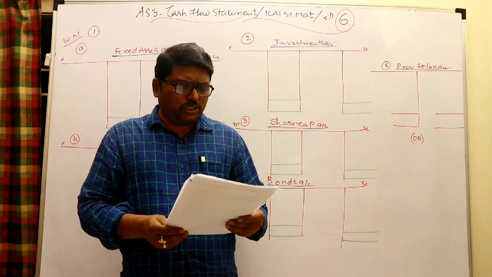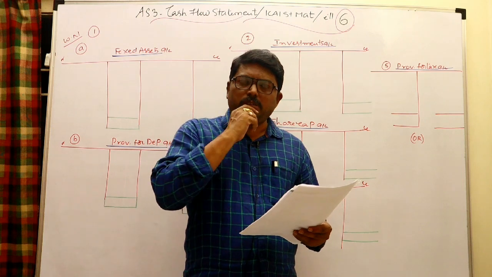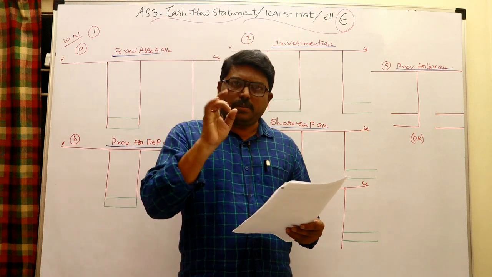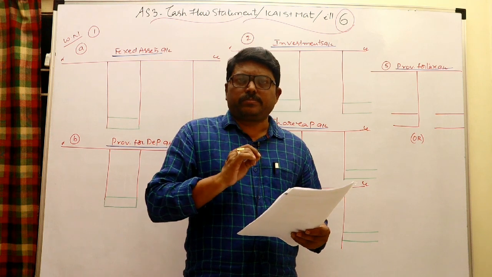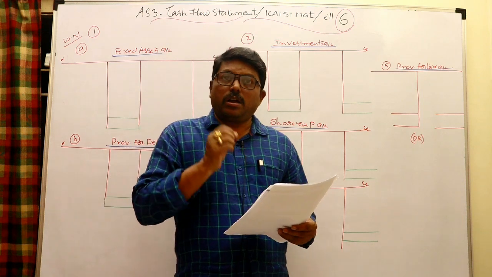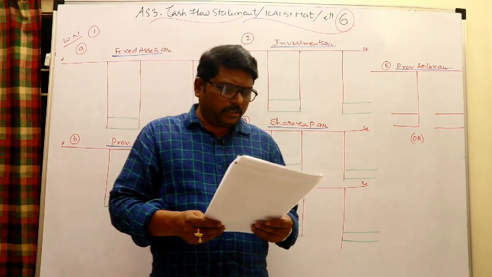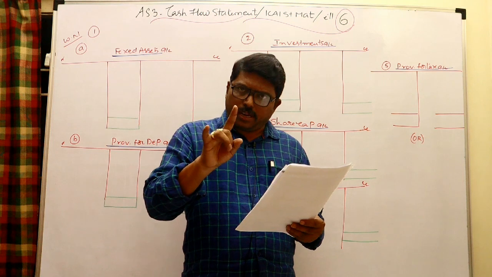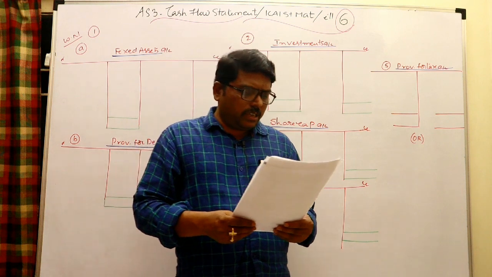Current assets: inventory, accounts receivable, cash, prepaid expense, etc. Particularly current assets and current liabilities you need while preparing the cash flow statement, particularly when you do the indirect method. In the indirect method, operating activities, change in working capital should be considered. And I said that current asset increase is outflow, current asset decrease is inflow, current liability increase is inflow, decrease is outflow. In that way you can write that. Change in working capital: inventory, accounts receivable, prepaid expense, but not cash, because in cash change you need not consider, there is no activity in the cash.